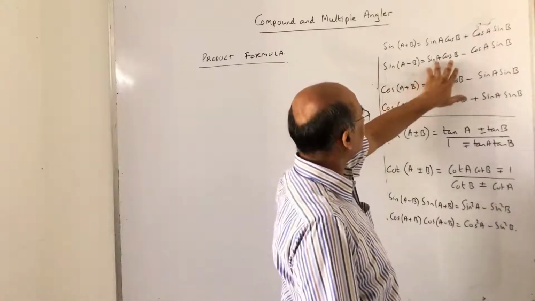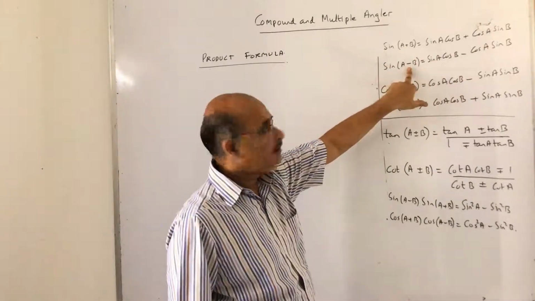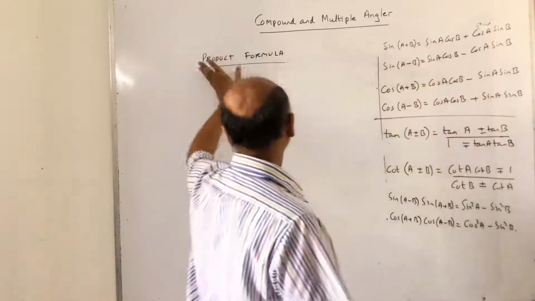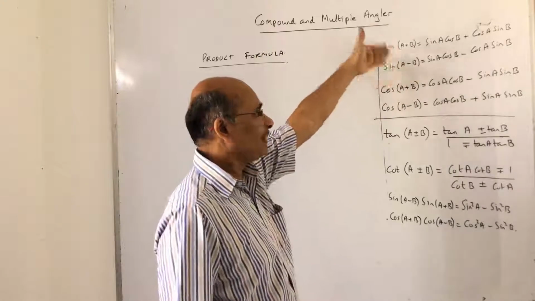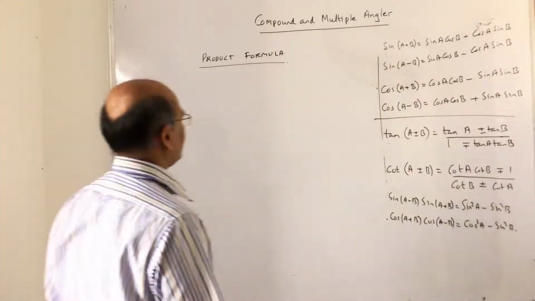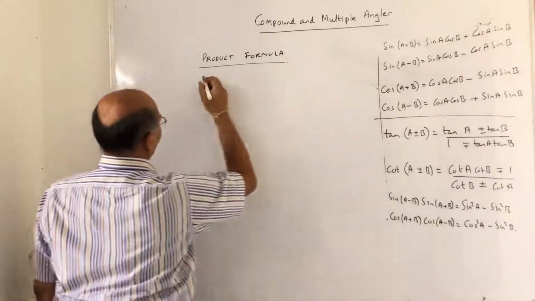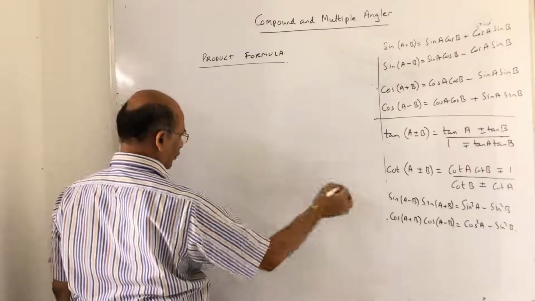Now children, here if you go, see here, product of two. Here it is sum or difference of two angles, whereas here it is product of two trigonometric ratios. So it is the product formula, it is product into sum and difference. Okay, sum and difference. So anyway, whatever it is, I'll just share with you now. The first thing I'm going to do is write this formula here. I'm going to derive the first formula and then I will just place the formulas here.